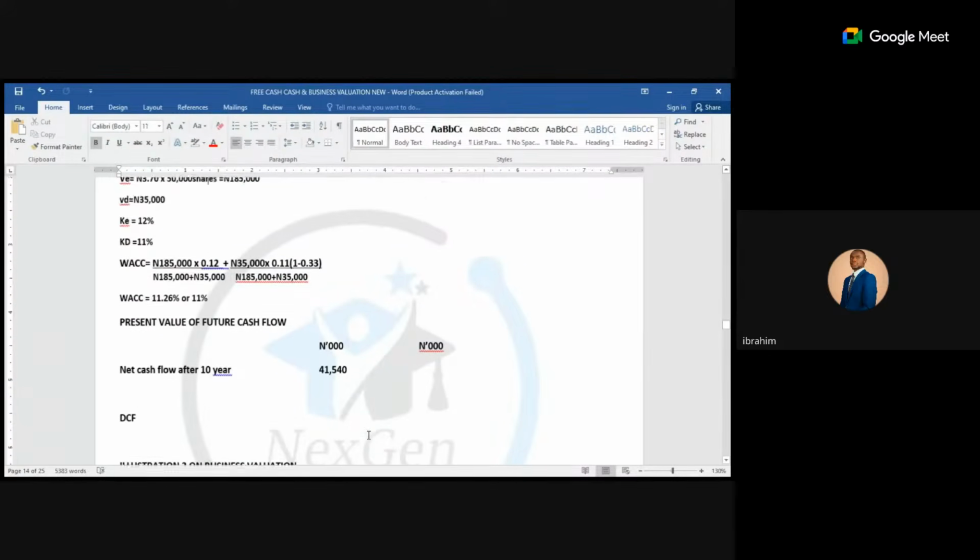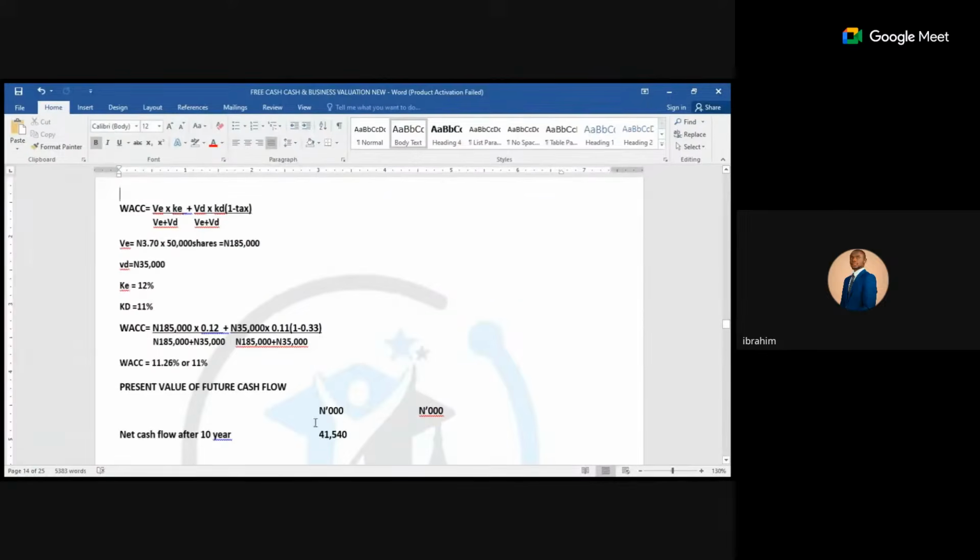Now, the question now is the cash flow that we have, this weighted average cost of capital. We should not forget that if you have